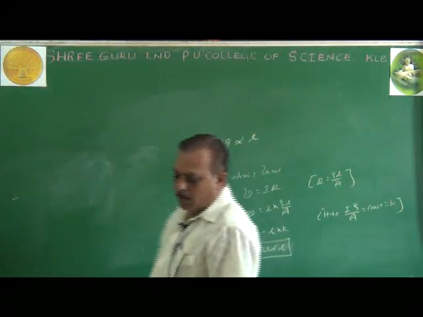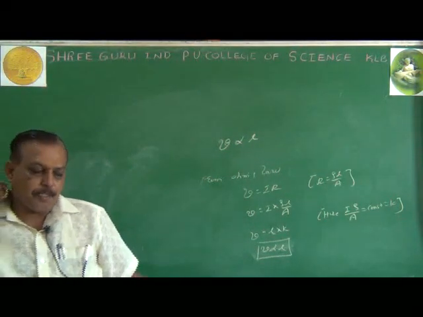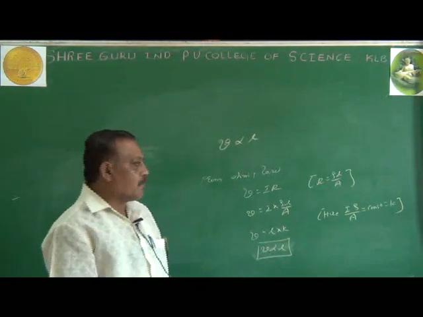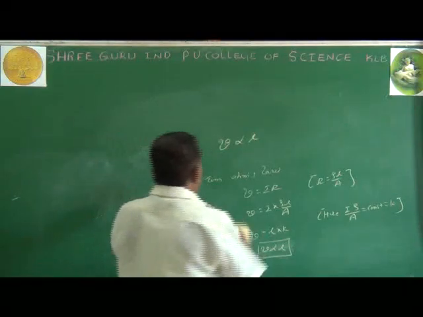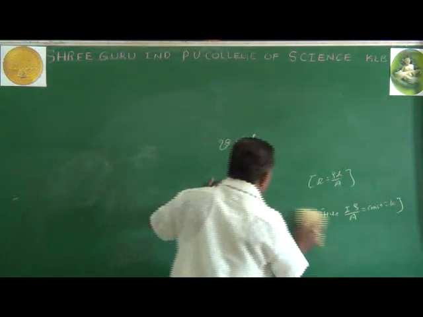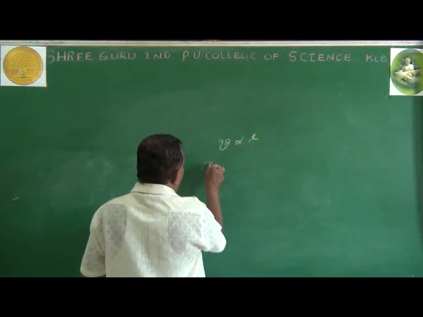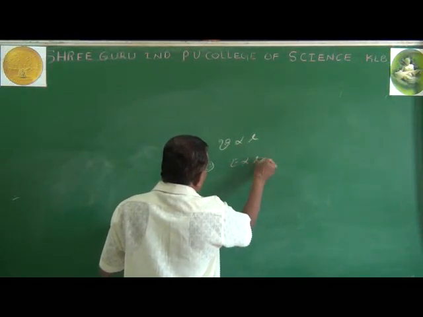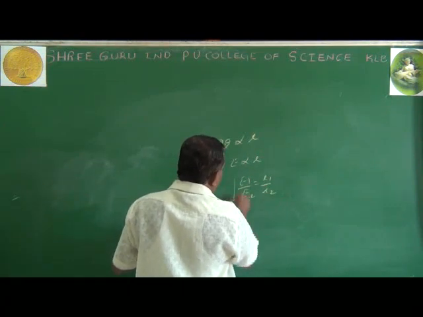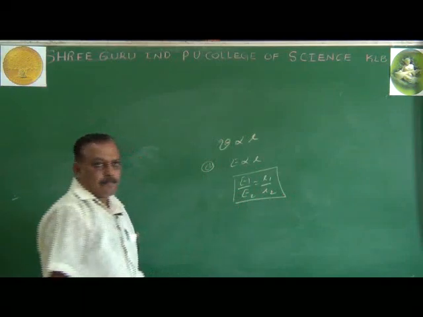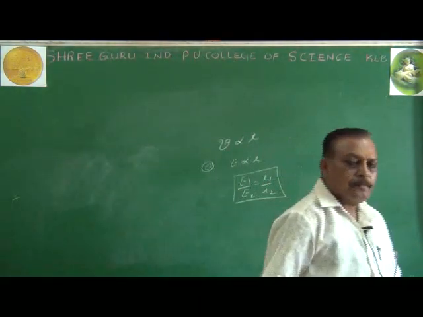Now, this is about the potentiometer. By using the potentiometer, we can compare the EMF of two cells. We already studied the circuit diagram. Taking this equation for the comparison of the cells, V is directly proportional to L, or E is directly proportional to L, so for the comparison of the cells, E1 by E2 equals L1 by L2. We have studied this earlier. Simply glance at the equation.